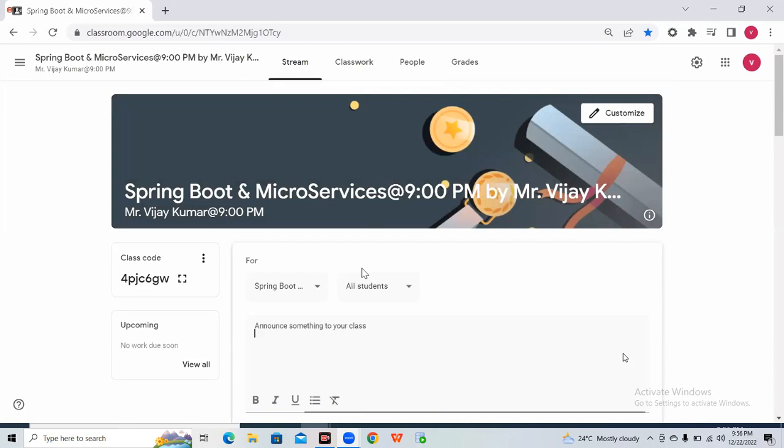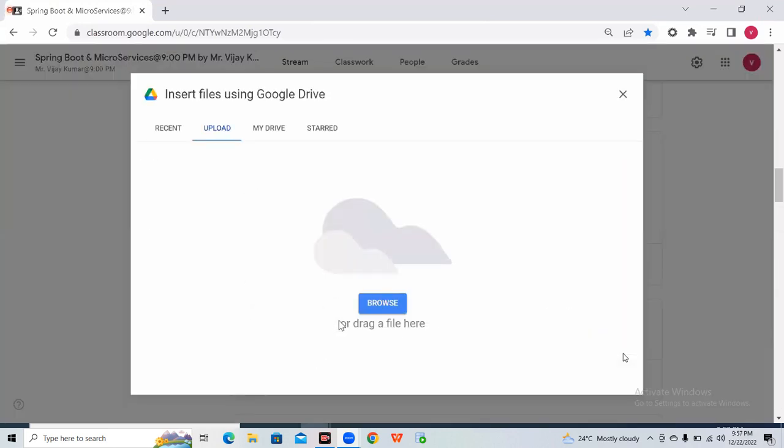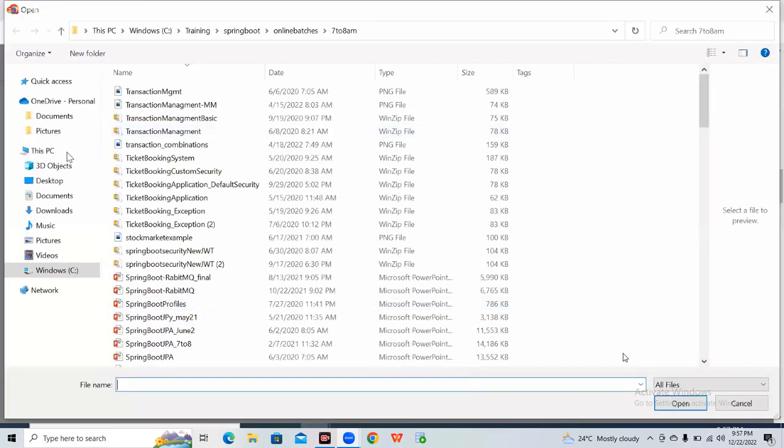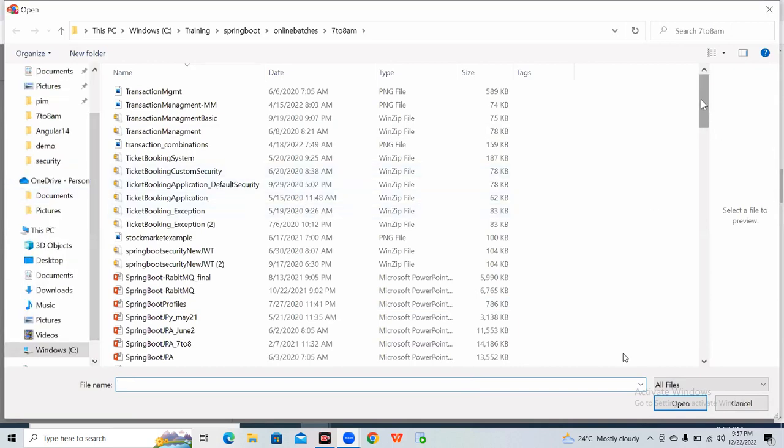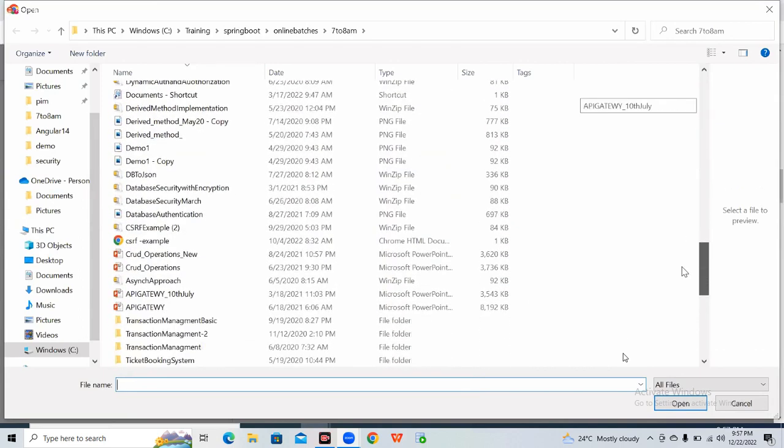So the topic is dynamic authentication, dynamic authorization code. Which is equal to